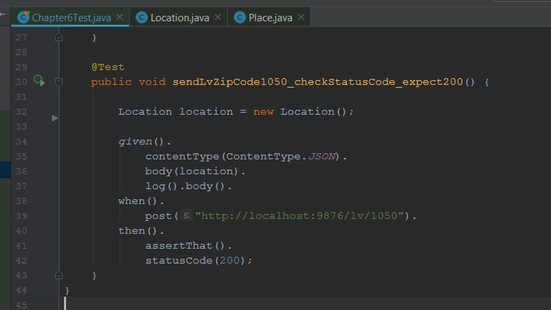So here I have yet another Rest Assured test, and in this test I first create a new instance of the location object using its default constructor, which assigns all kinds of default values to the different properties in the location as well as in the place object. And then I tell Rest Assured to use as its body the instance of the location object that we just created. And for good measure, I told Rest Assured to write the body of the API request to the standard output so we can actually see what happens. I defined a WireMock simulation that accepts a POST operation on the specified endpoint and returns a status code of 200. So when I run this test,